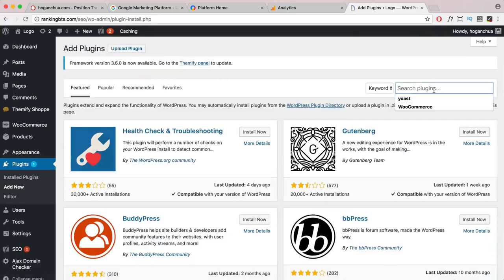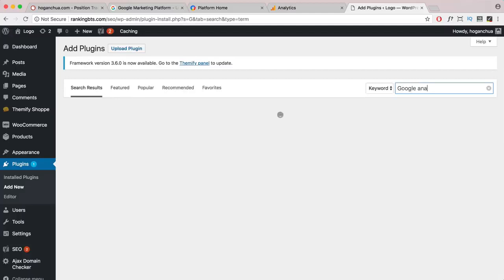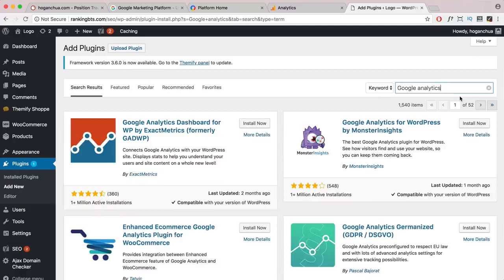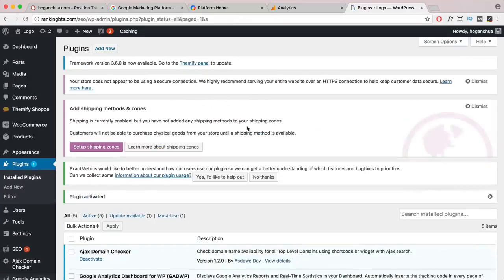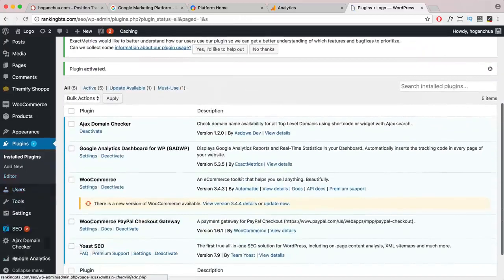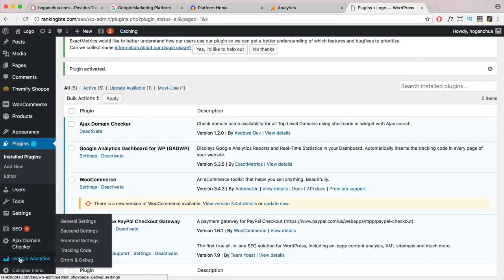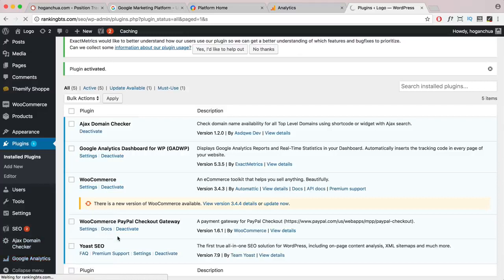And here what you can search for is Google Analytics. Okay. So what we want to do is we want to install Google Analytics dashboard for WP. Okay, it should be by Exact Metrics, and we're going to click on install now and click on activate. And then what you want to do is you want to look for Google Analytics on the left hand here. You can click on general settings